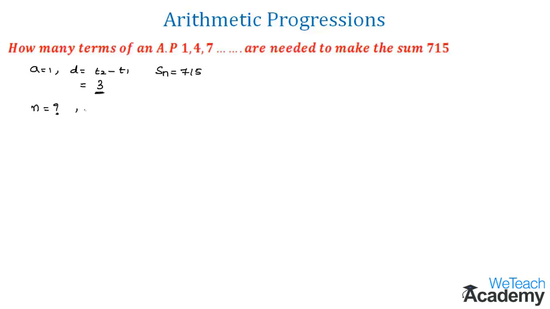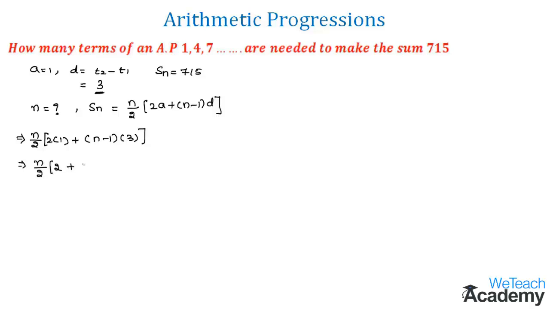So we already know the formula for the sum of n terms, which is given by n by 2 into 2a plus n minus 1 into d. And now let us substitute all the values in this formula. So here the value of n is unknown. So let us write over here n divided by 2 into 2 into a, which is 2 into 1, plus n minus 1 into d. We have here the value of d, which is the common difference, as 3. So this would come as n divided by 2 into 2 plus, and now let us multiply 3 with the group n minus 1. So this would come as 3 into 1, as 3n minus 3.